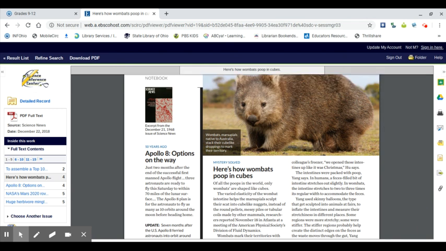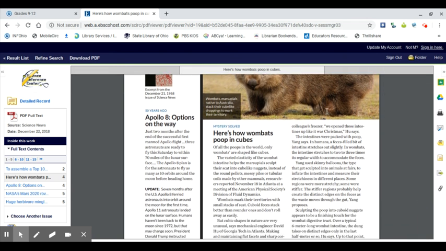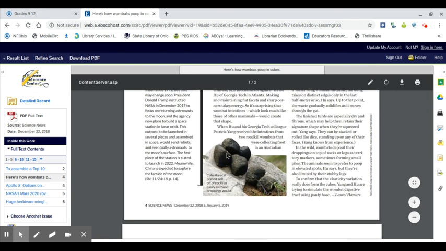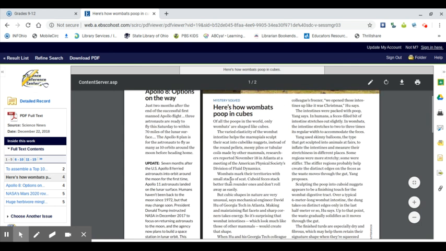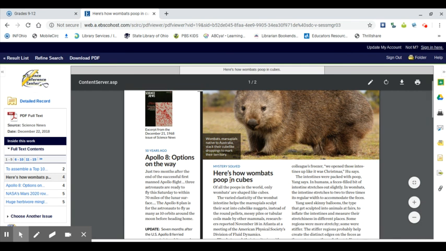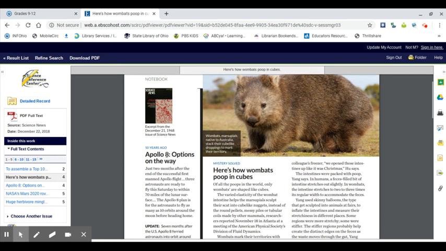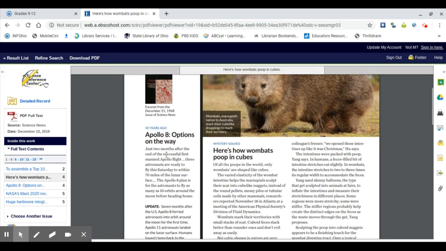But I see this as it was in the periodical, so I'm guaranteed a picture and proof that wombat poop is cubed. Now, just like in the periodical, I'm going to get whatever was on that page, and in this case, I see I have an excerpt from Science News,